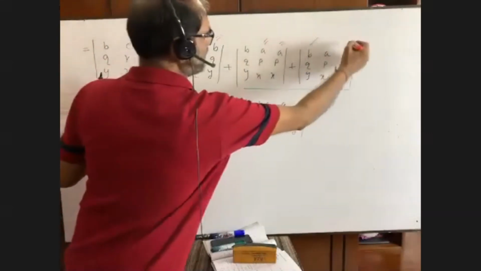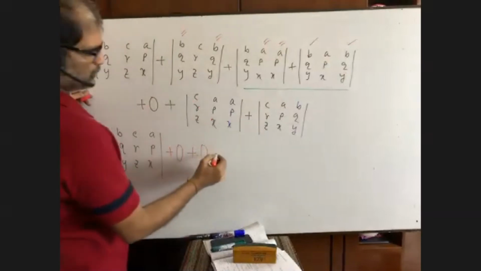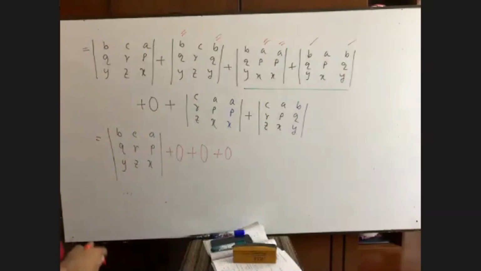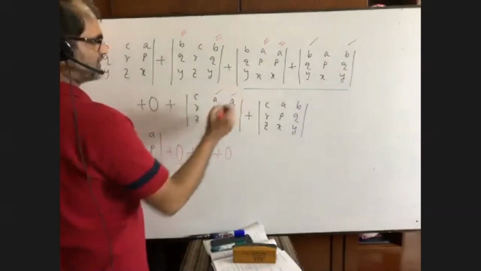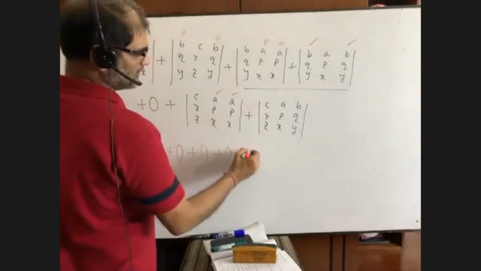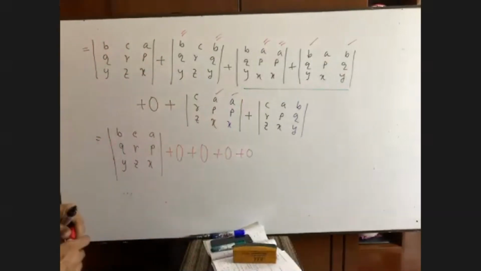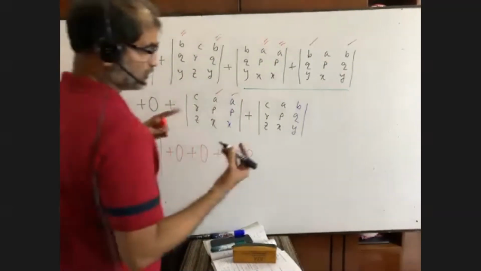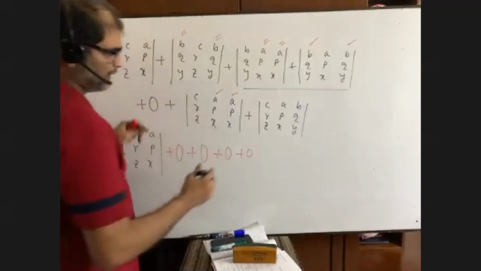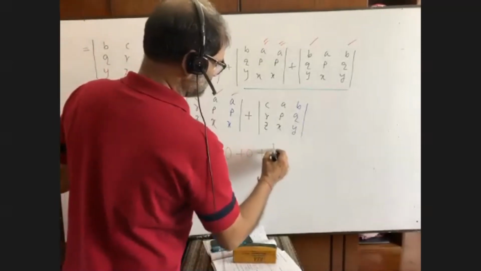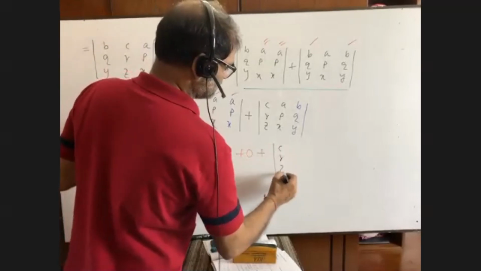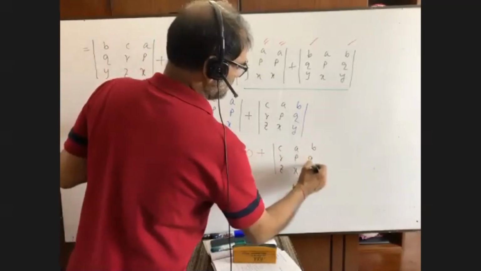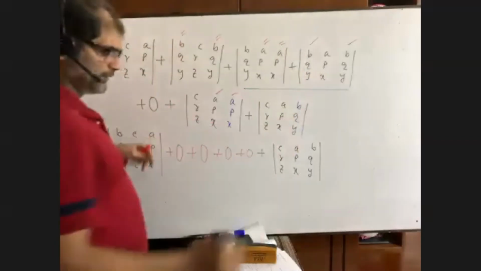You see, this is also same. 0. So we are getting again 0. This 0, I mean, it is not useless. Wow, here is also same. So we are getting 0 here, right? Remember one thing, only the first and last will be kept. And it is always for every math, also for finding the sum of any sequence. You see, we are left with what? C, R, Z, A, P, X, B, Q, Y. Okay?